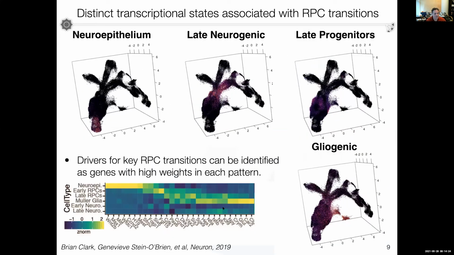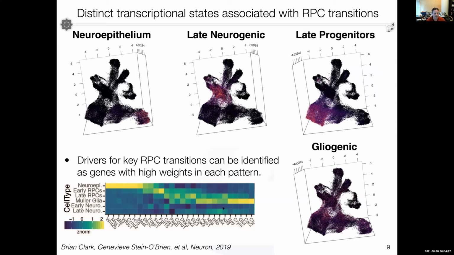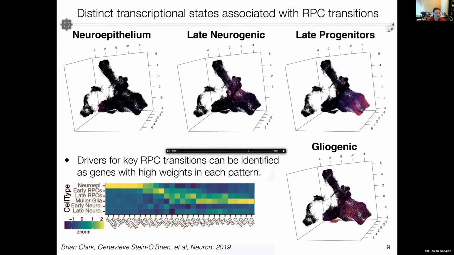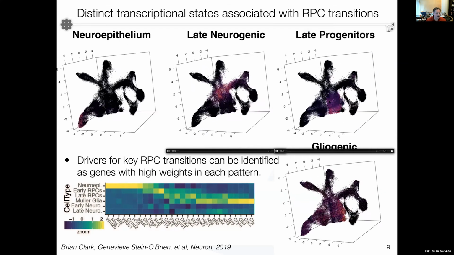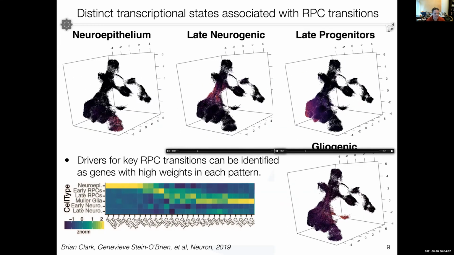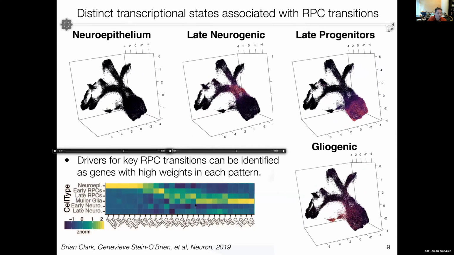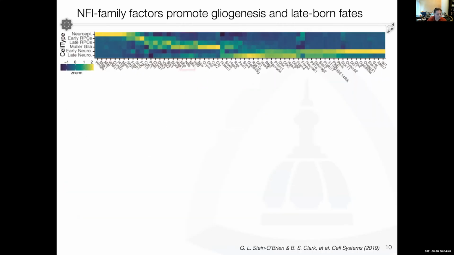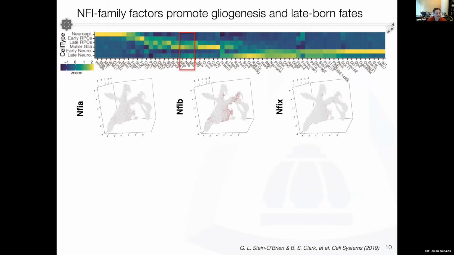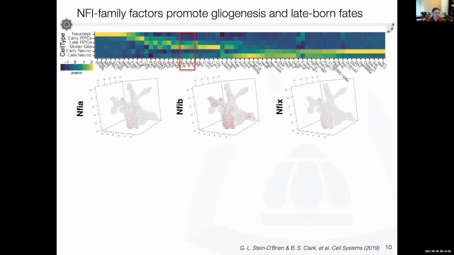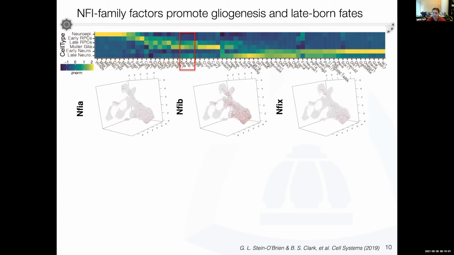As I mentioned, my lab is interested specifically in fate commitment and developmental specification of cell types. So in this context, we were specifically interested in the late neurogenic and late progenitor identities that we identified as independent latent spaces. And the value here is that we can actually go and look at the genes that have high weights in these latent spaces. And we initially identified a group of 3 related transcription factors, the NFI family A, B, and X, that were specifically enriched in this particular latent space associated with late RPCs and commitment to glia, which is a late-born phenotype